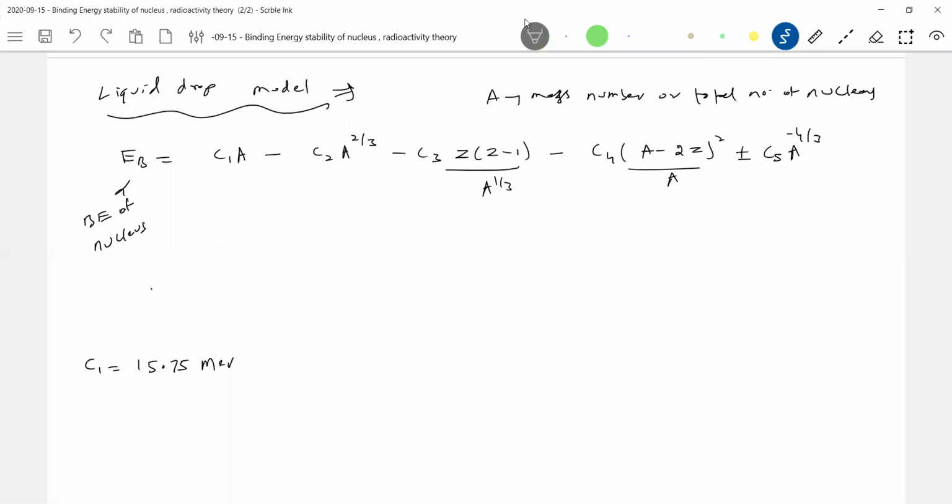A given nucleon will interact with only adjacent neighboring nucleons, and because of that, what happens? The binding energy, shall I say, depends directly on, is directly proportional to the number of nucleons. So what is the reason for that? The binding energy, I think we'll write it individually. This C1, we'll write exponential here rather than, because